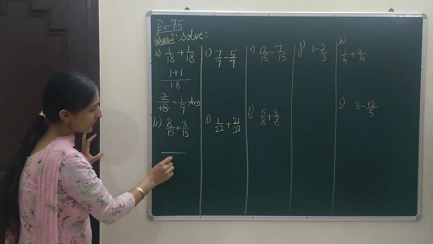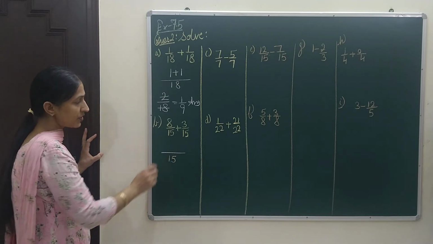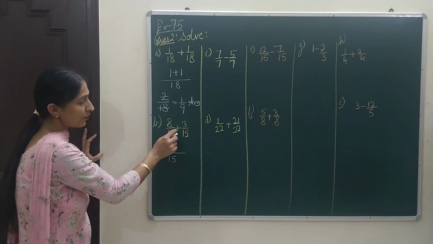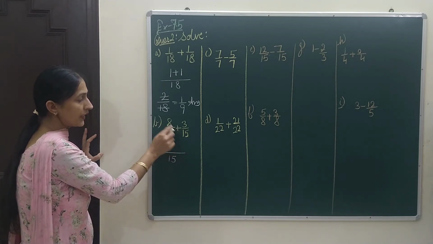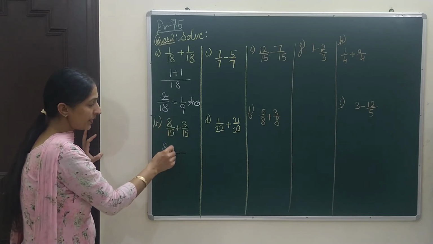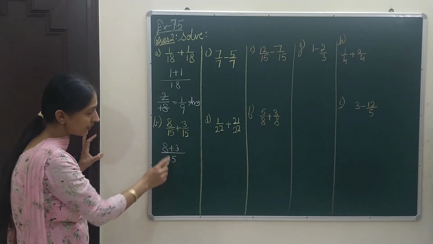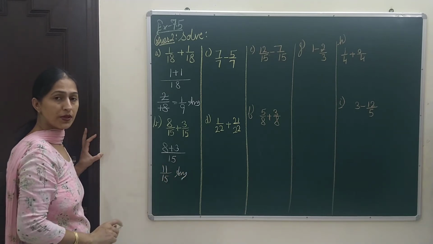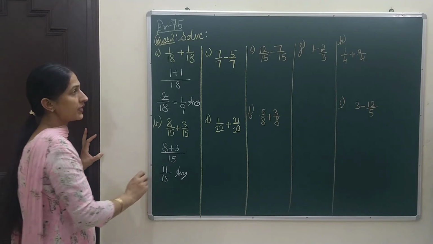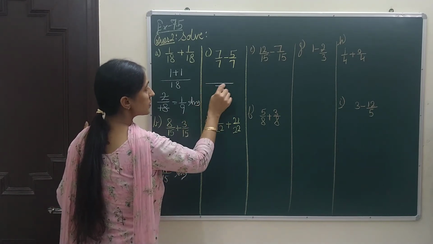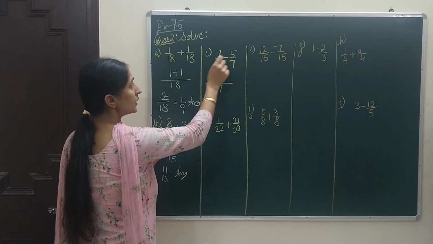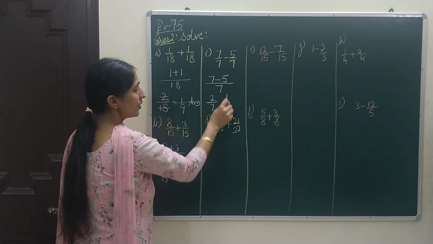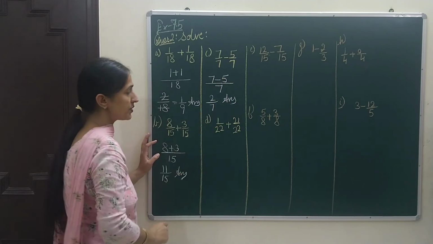In this B part, it is 15 in the denominator, again like fractions, so I will write the same denominator as given here, and I will apply the operation given in the numerators only. That means I will write 8 plus 3 in the numerator. What do I get here? 11 by 15. As there is no cancelling, it is already in simplest form, so this is my answer. In the C part, 7 is there in the denominator, and in the numerator I have a subtraction sign, so I will find the difference, and I get 2 by 7. It is already in the simplest form, so the same is your answer.